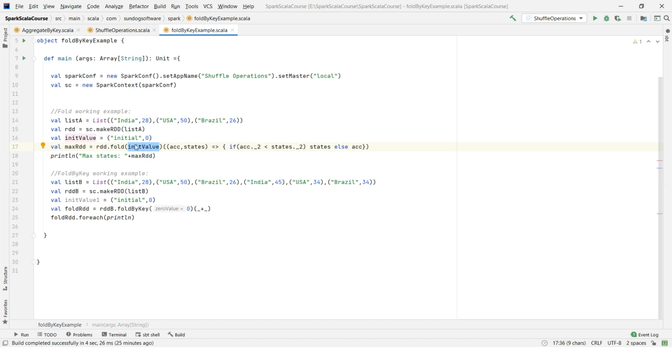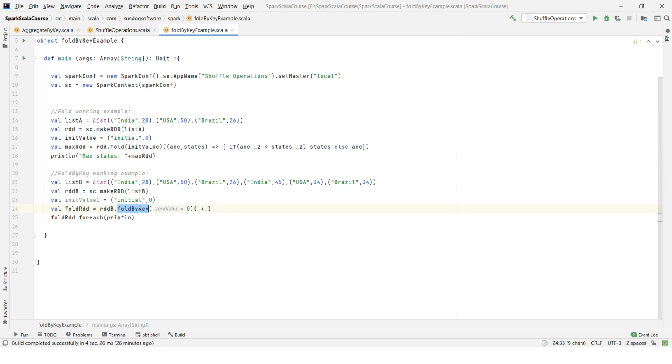Here I am just verifying which one is greater. If the second value is greater, print this, else print the accumulator value. And I am printing this max RDD. So this is how we declare and use the fold method.